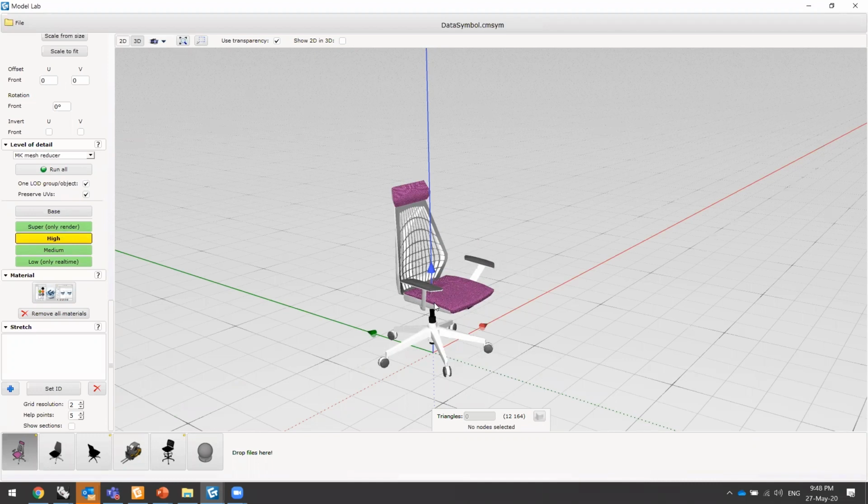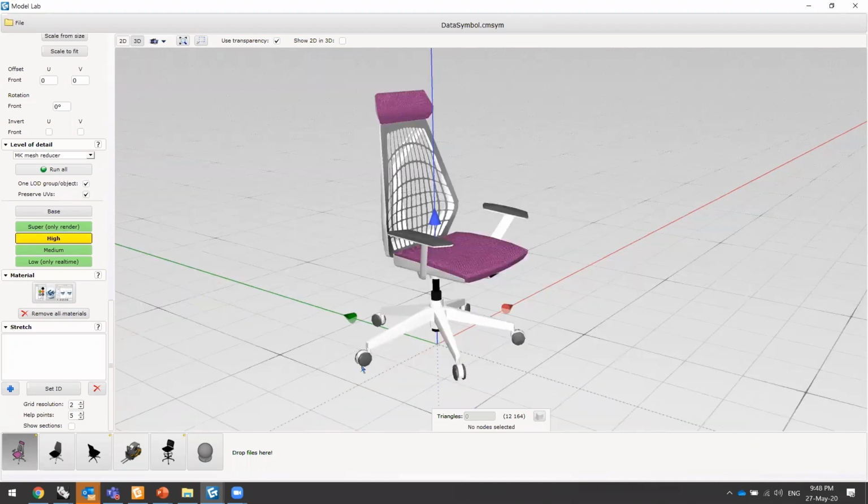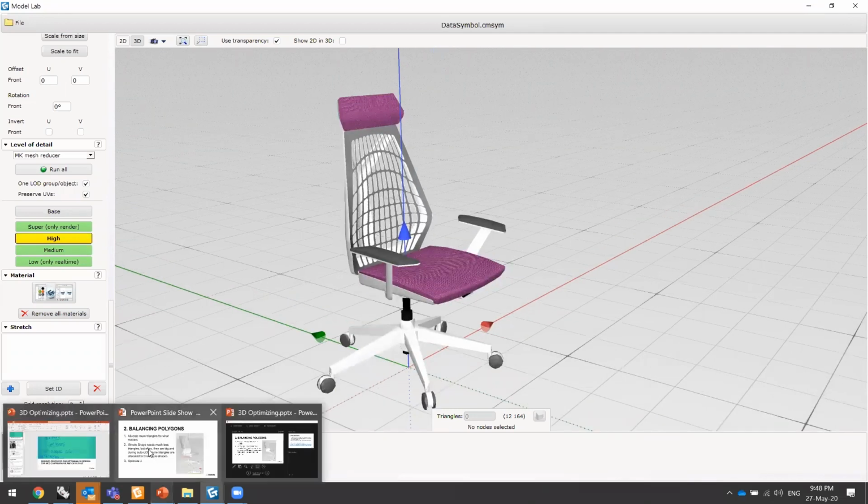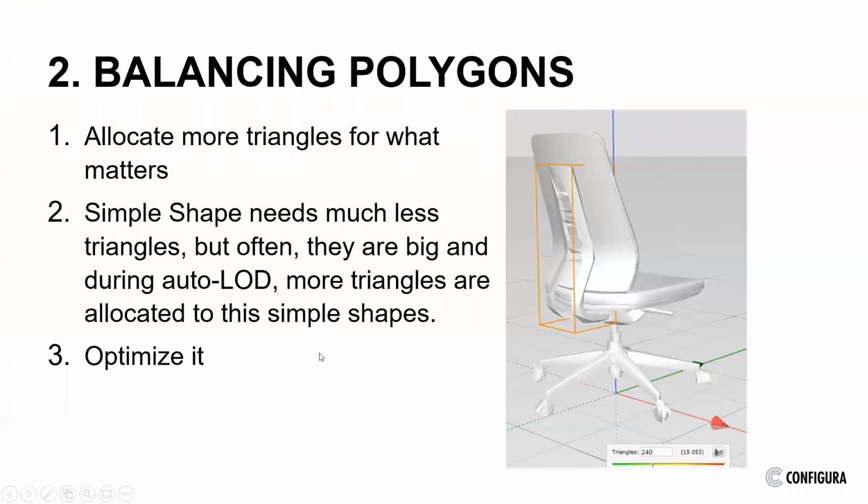Of course, this is one of the tedious work that you need to do. Batch converter doesn't know where you should put the triangles, so you need a human touch for this one. But if you start with a nice clean model with all this removed, you shouldn't. I mean, you might still need to go into balancing these polygons, but it's going to be much simpler. So yeah, that would be my second tip: balancing the polygons, and